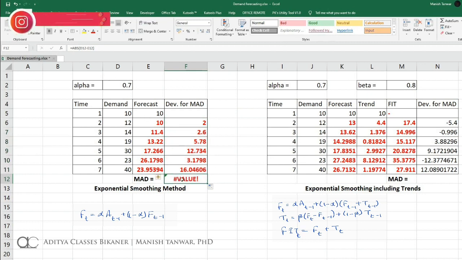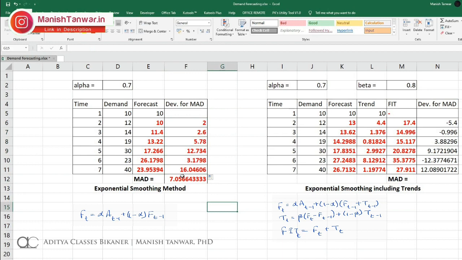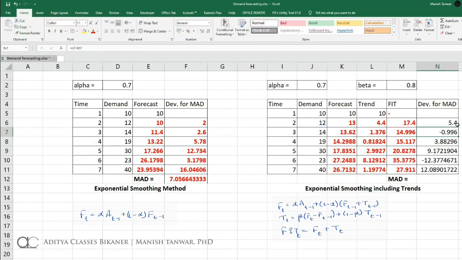And then we can have our MAD, which is this time 7. Here also we need to take absolute deviations. I took deviations instead of absolute deviations. So this -0.996 will become 0.996.